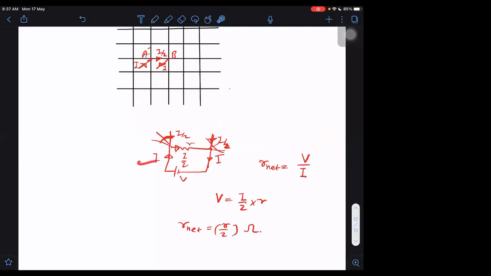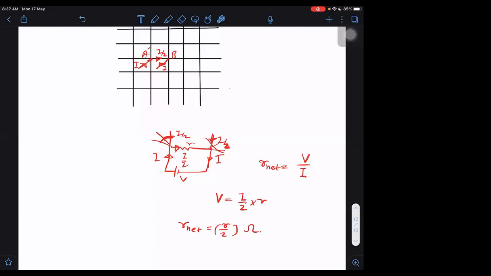So this one was easy, to get the net resistance without even being able to find out how the current distributes. It is such a difficult problem. We really have no clue how the current is distributing. Just in one step we are lost. But even then we are able to get the net resistance. That is a wonderful thing, although we have no clue how the currents are distributed even from here to here.